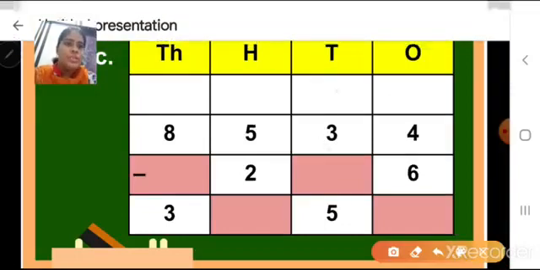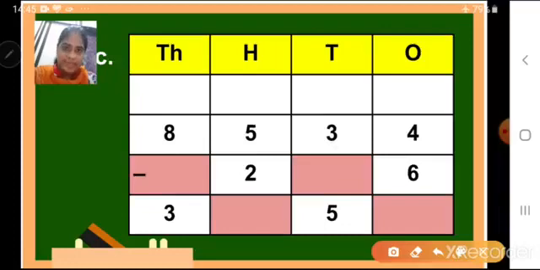Now in tens place we have 3 tens. So from 3 we will take 1 tens. So 3 minus 1 is 2. So cut here 3 and write here 2. So what we got in ones place? 1 tens, which is equal to 10 ones. 10 plus 4 is 14. So we'll cut here 4 and we will write here 14.